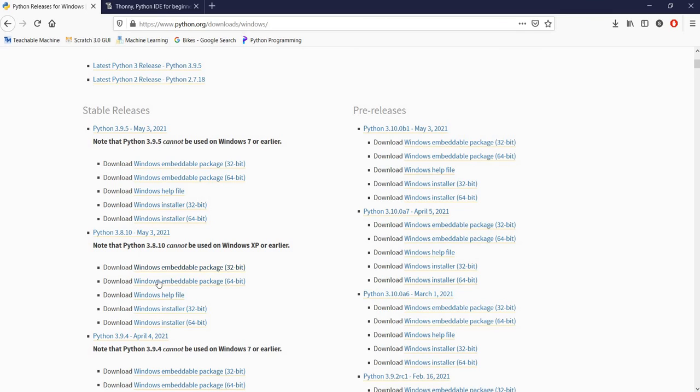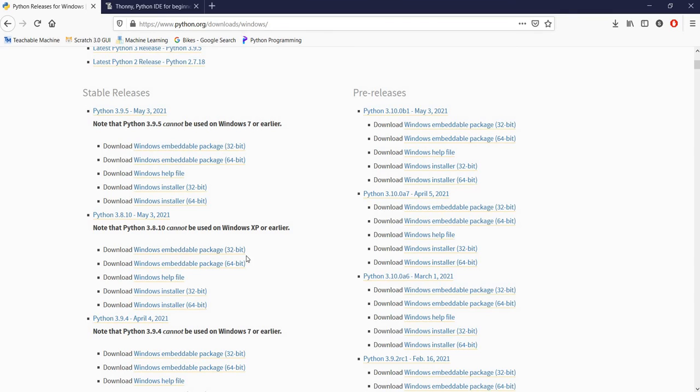So you can comfortably download 3.8.10 or 3.9.5. Both are the same. Even for Windows 7 the same thing applies: if you're using 32-bit or 64-bit, just download that particular package and install it. Okay, this is related to the Python package.